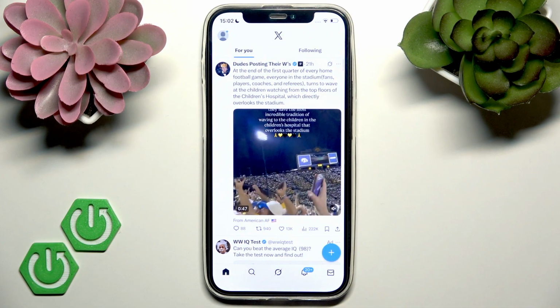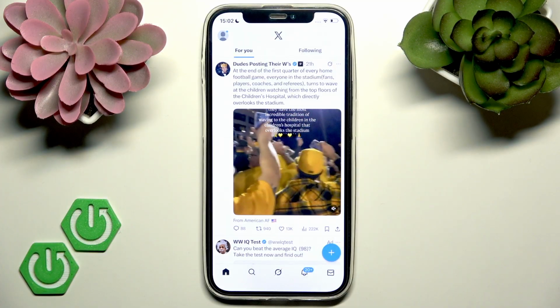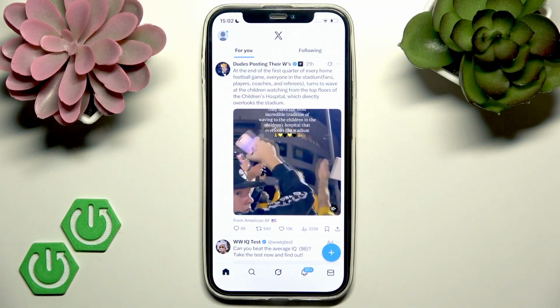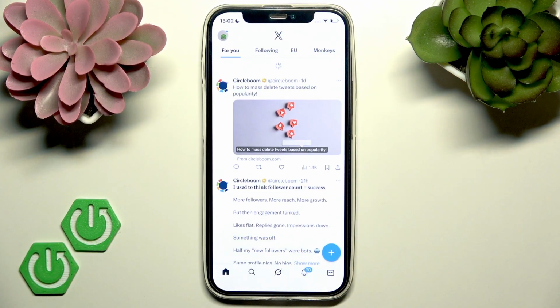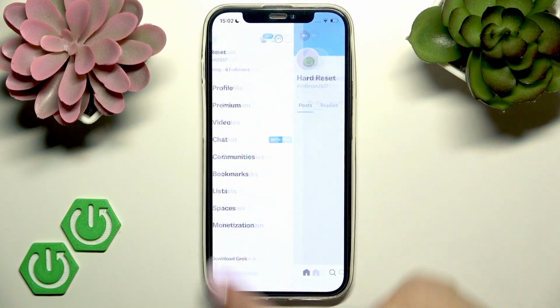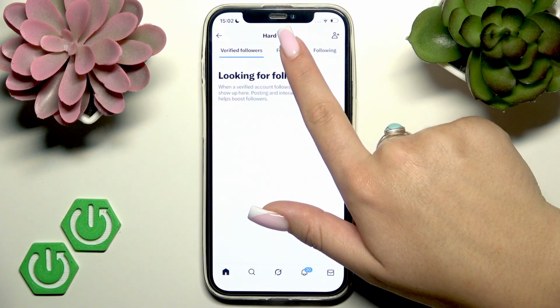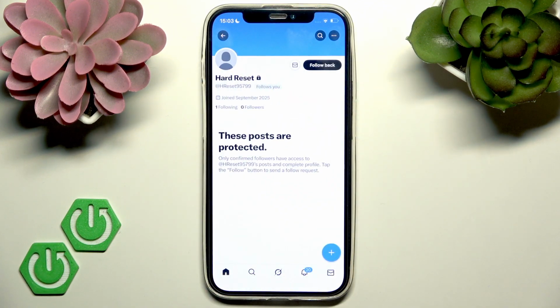So if you still want to have your account public, then you'll need to perform soft block method. So let me show you on visual example how it's done. I'm going to my profile, and I should go to my followers tab. At the top, select followers and go to specific user that you want to